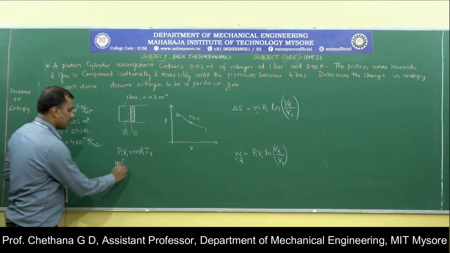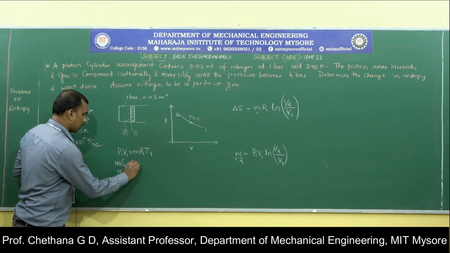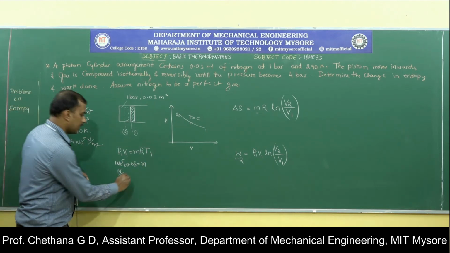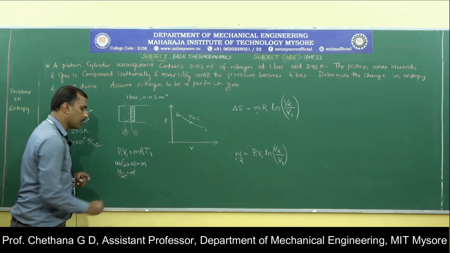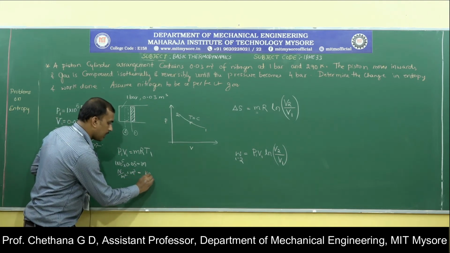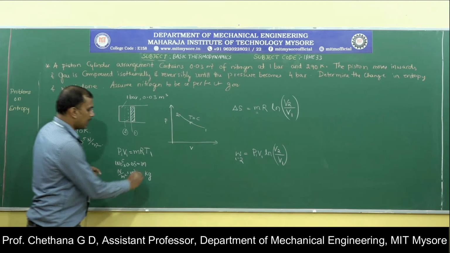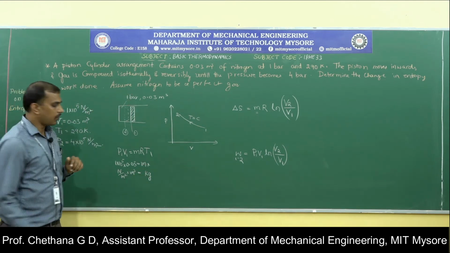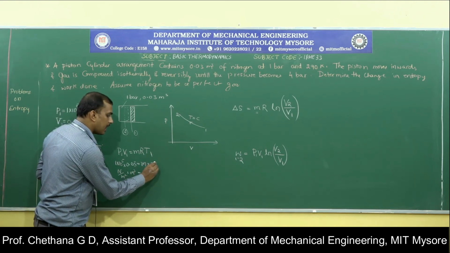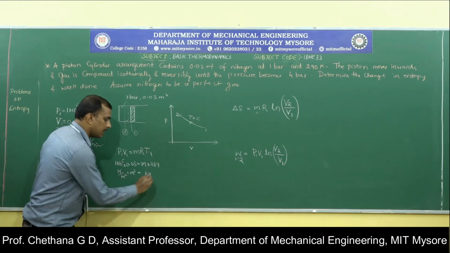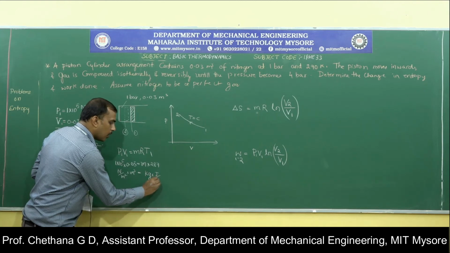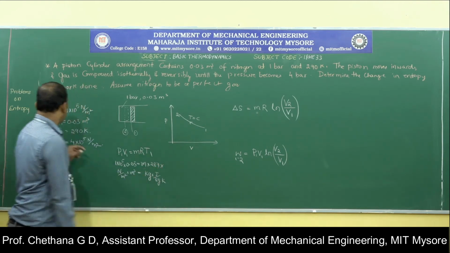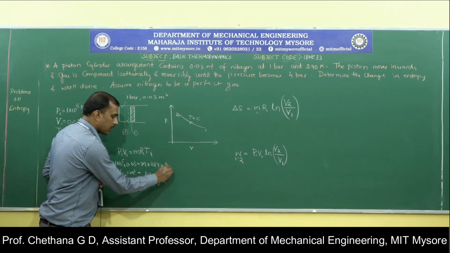Then V1, 0.03, then mass is what you are interested in calculating. So this you are substituting in meter cube. Mass, let us say you are giving it in kg. Then R, the value of R, since it is a perfect gas, we will have to assume, as for air, the value of R is 287 joule per kg Kelvin, and temperature is 290 Kelvin.